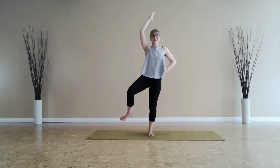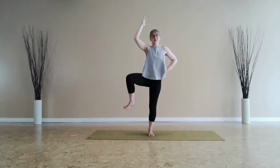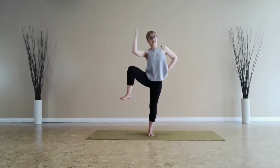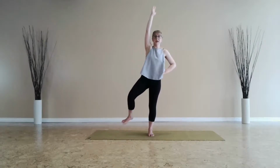And I forgot to keep track on the other side, so we will do what feels like the same number on this side. And let's do 3 more. Moving really nice and slow. Breathing, trying to connect that breath and the movement in your body today if you can. Last one, up,